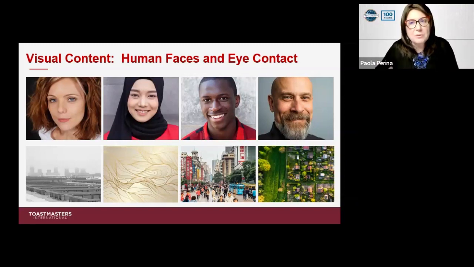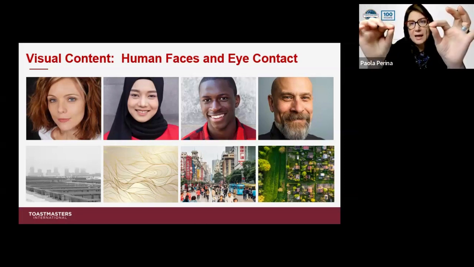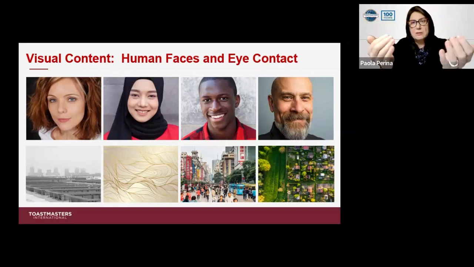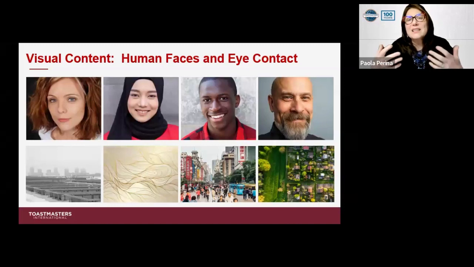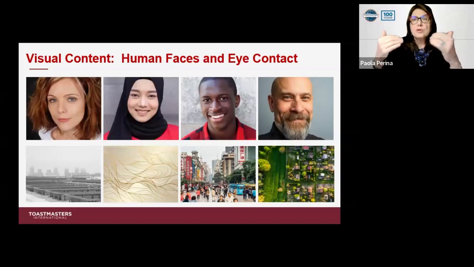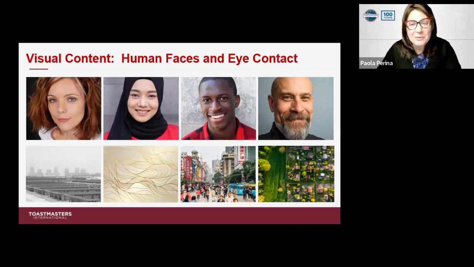So whenever it's possible, whenever it is convenient, please do use faces. Use people's faces, and especially those images where a person is looking straight out, making eye contact with the viewer. Because it's going to be instinctive for people to see that image and stop. This is how we're wired. Tip number 3,